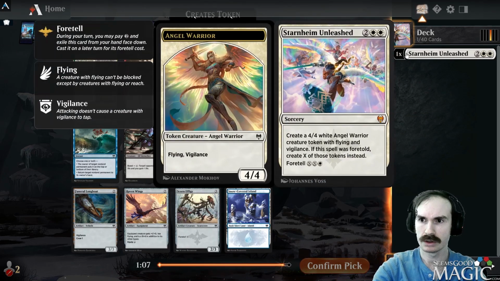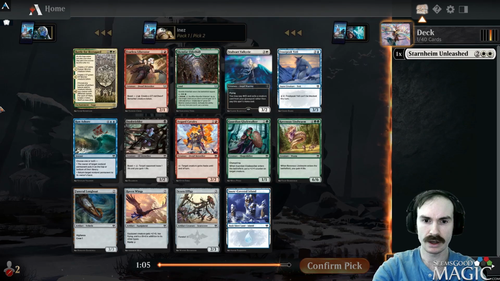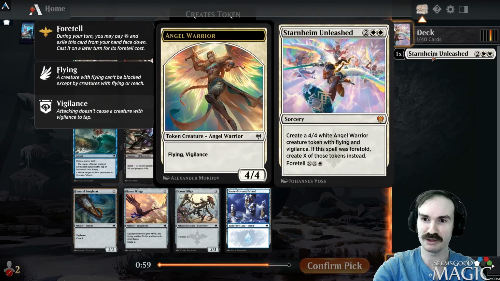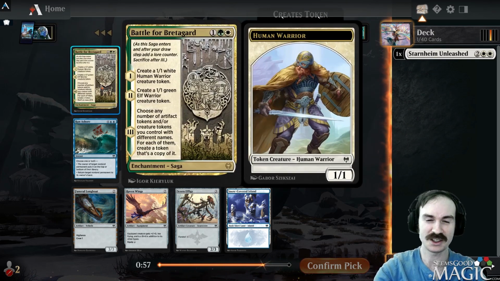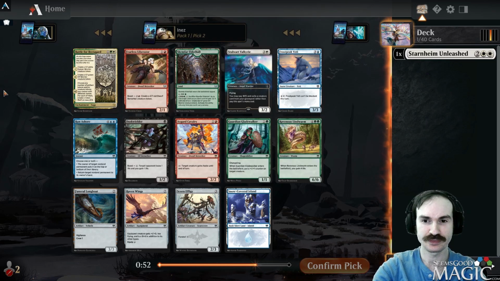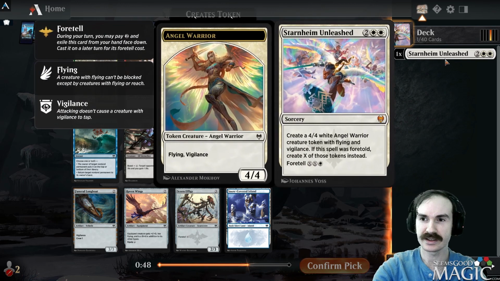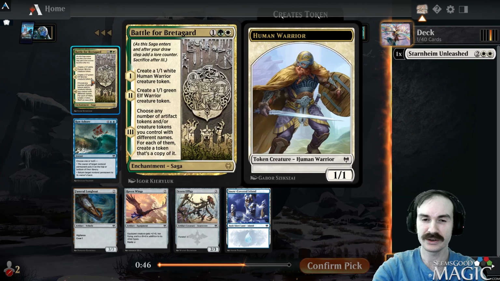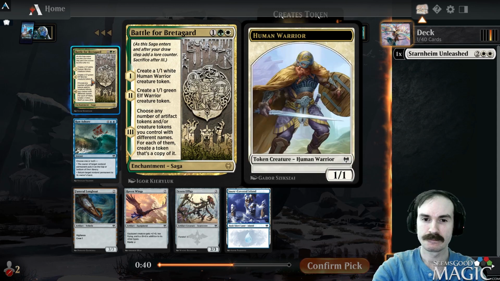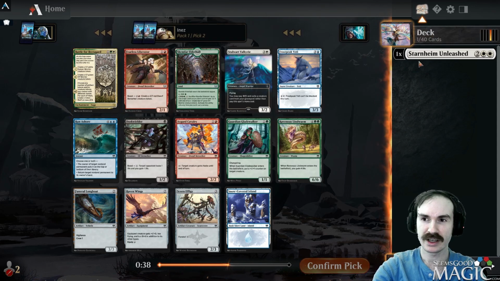Whoa. What's that? All right. Well, if we want to stick to white, we can take the Valkyrie, which is a good card. Or we take the Battle for Bretagard card. That's pretty sweet. Yeah, I mean, I'm okay taking that. It's pretty cool, although it's kind of win more. Do we really need to? I mean,